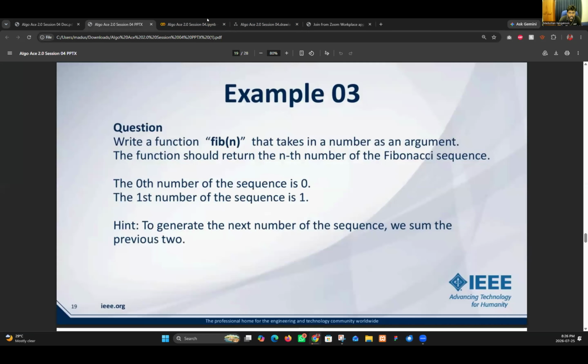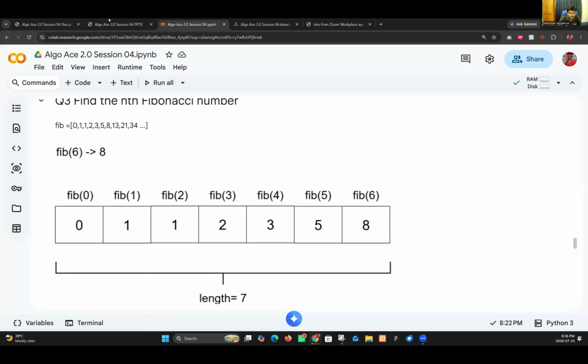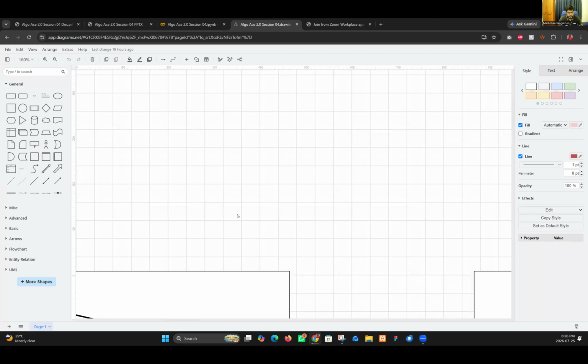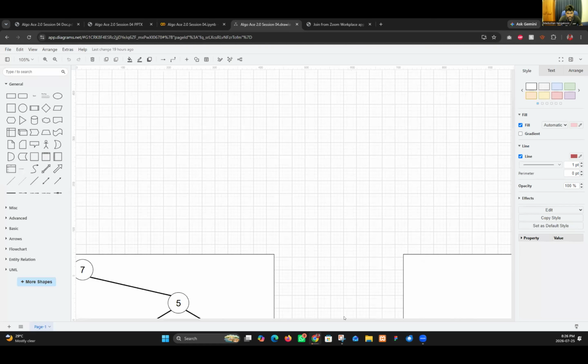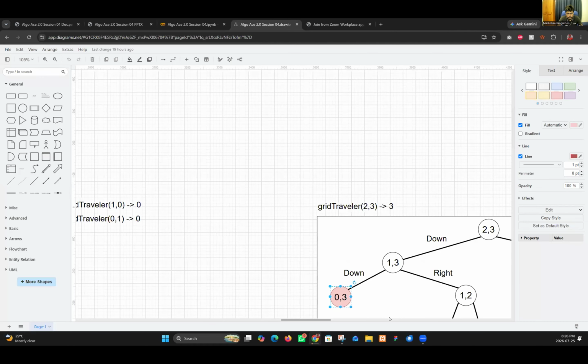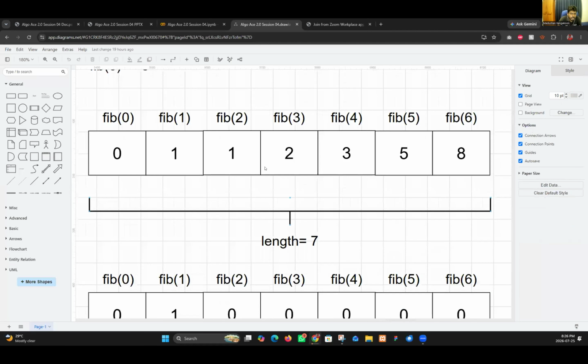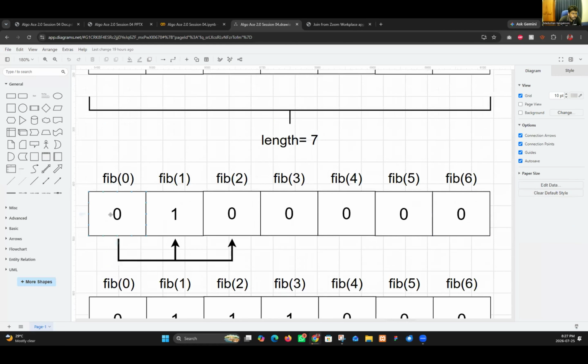We already have the hint. Okay, what I'm going to do is put all zeros in here.